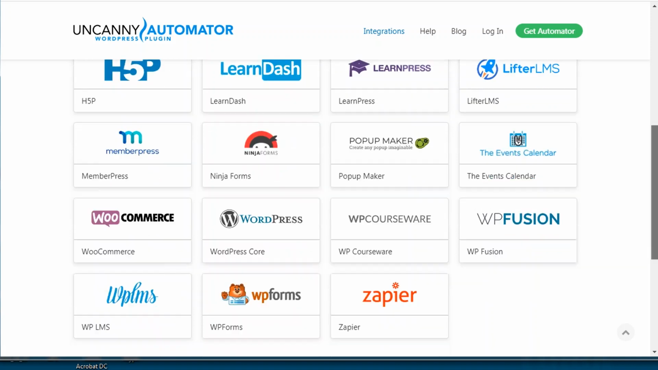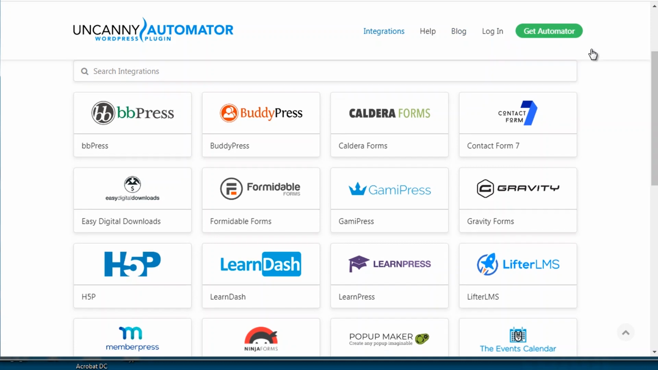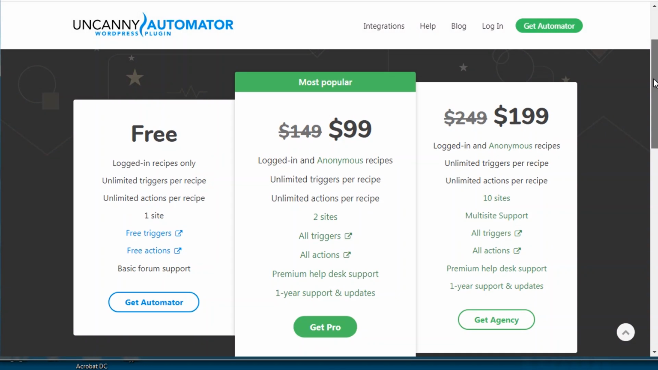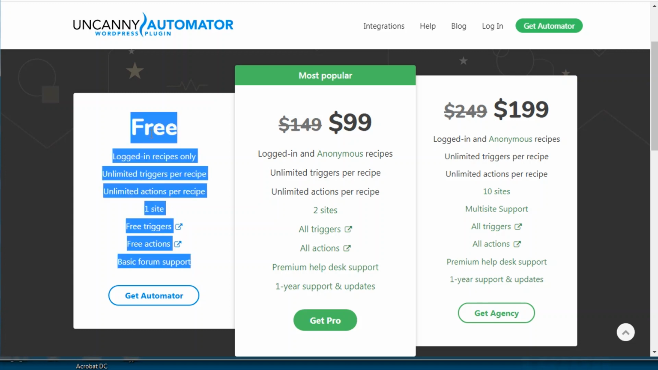different actions. So I wanted to show you this because by taking this route, the initial license is actually free for this one. So if you click on Get Automator, you can get an idea of the price range. This actually used to cost money, but because of a different plugin, which I'll show you in just a minute, they decided to come out with a free version. So lucky for you, you can see that there's unlimited triggers, unlimited actions. You get one site,